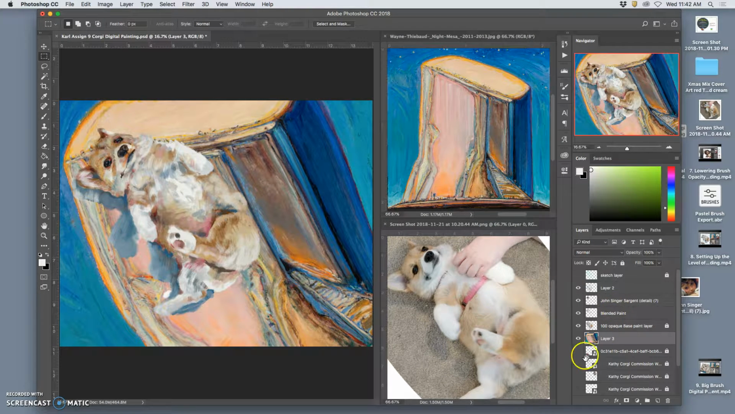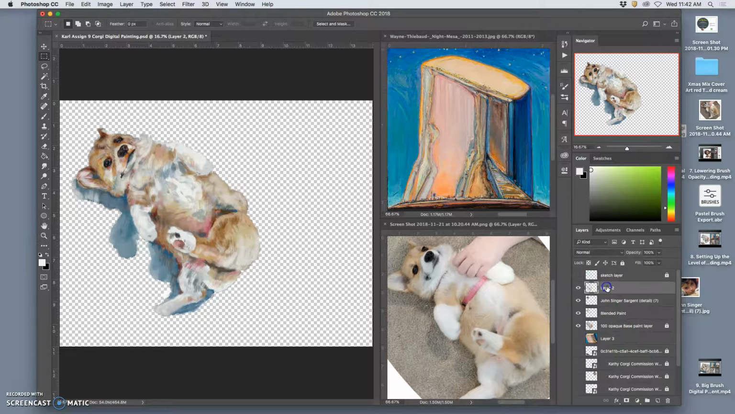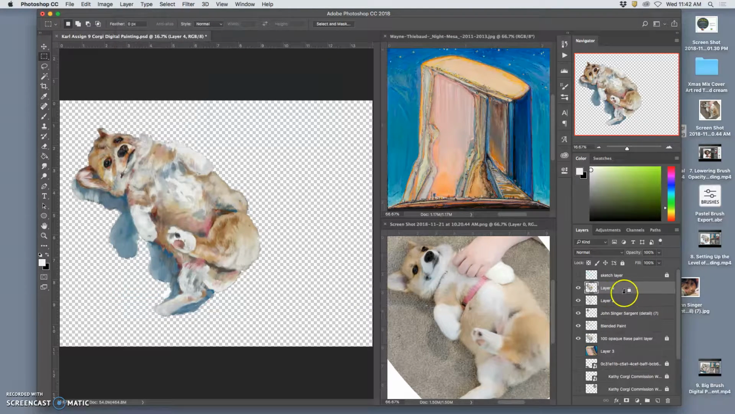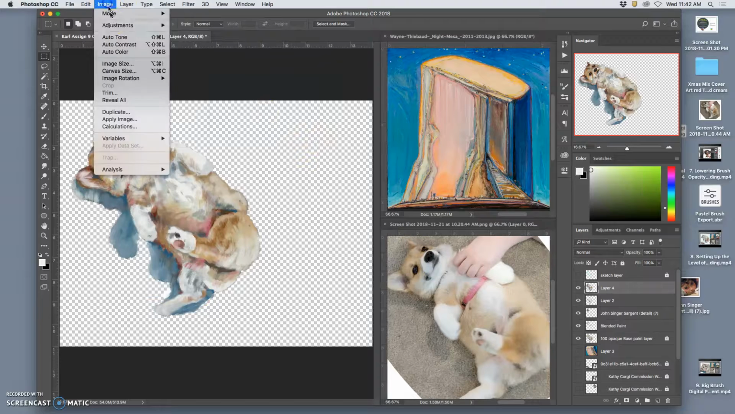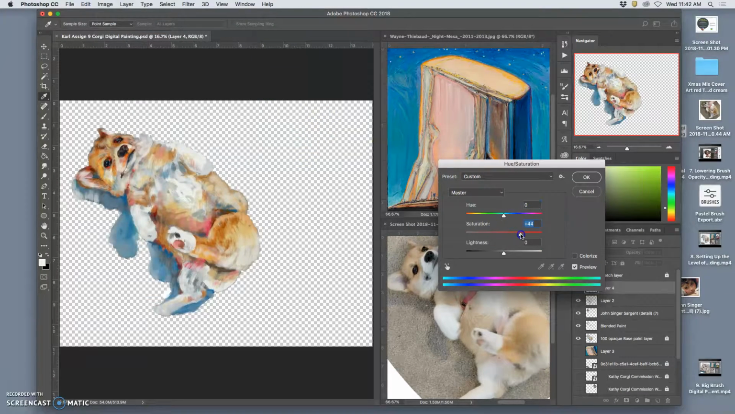We can also merge it all together if we turn off the background, right? We can go to the top viewing layer, hold down Option, and say Layer Merge Visible to give us a merged version. And then we can simply play with the saturation of it. I can intensify the colors. I can play with the hue of it. We have the blue corgi, the purple corgi,